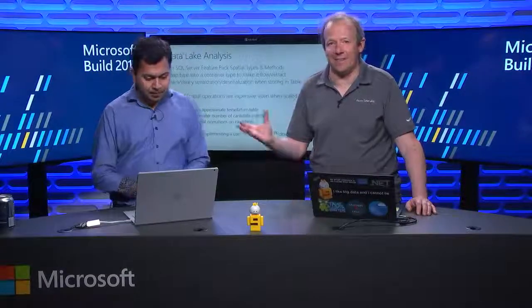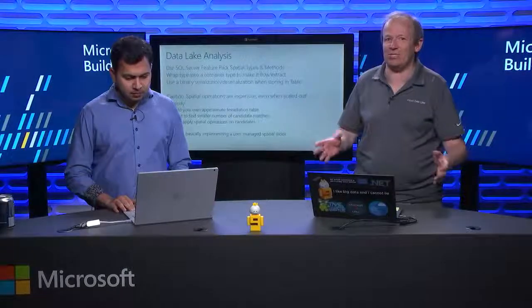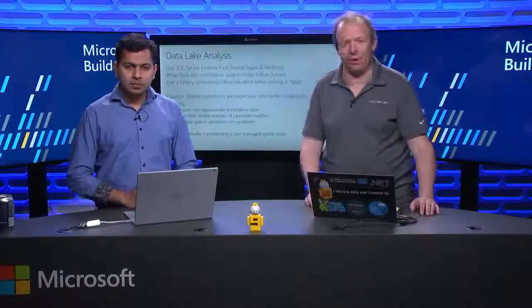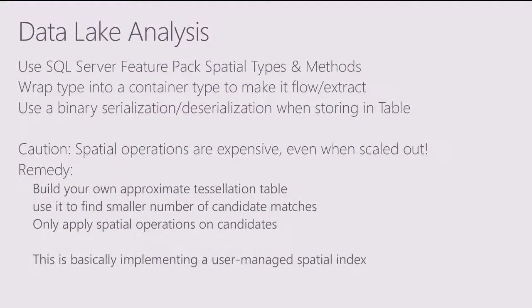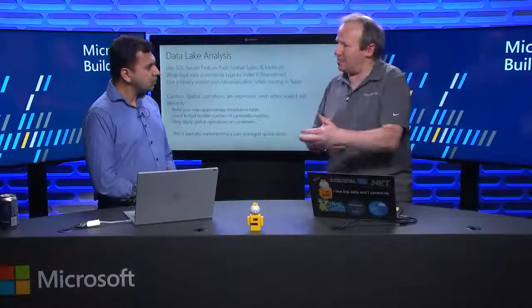So on the Data Lake Analytics side, as you have seen, geospatial processing is not yet part of the USQL offering out of the box, but it's very easy to use the extensibility mechanism that USQL provides to add it to do geospatial processing. You basically use the SQL Server feature pack to do so. You wrap it into a container type, so you can use it inside an extractor and flow it. And then if you want to actually store it inside a table, which I didn't show you for time reasons, you can use a binary serialization, such as the well-known binary format, to just put it into a byte array inside your table. And then when you read it, you just rehydrate it as the first step, and then you